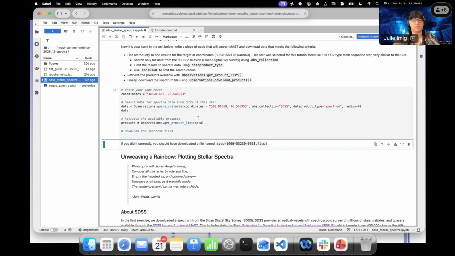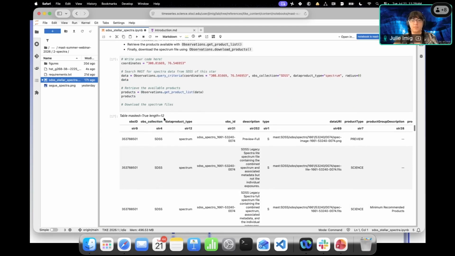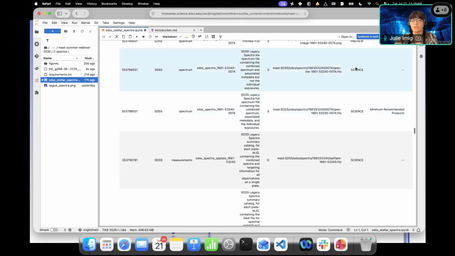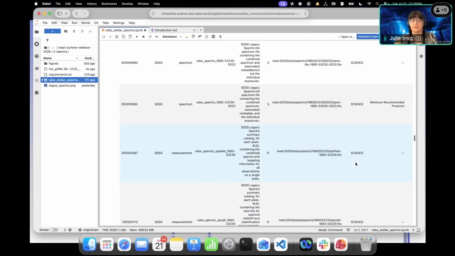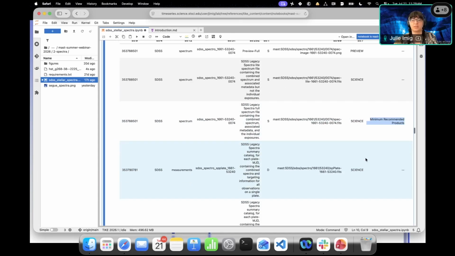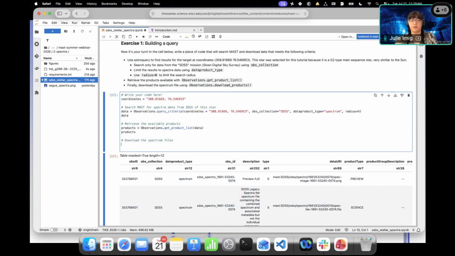And see what products we have there. So there are a total of 12 files here. Again, we have preview images, science images, things like that. Most of what we're not interested in, but this minimum recommended products column will get us the main file that we want. So we can download those